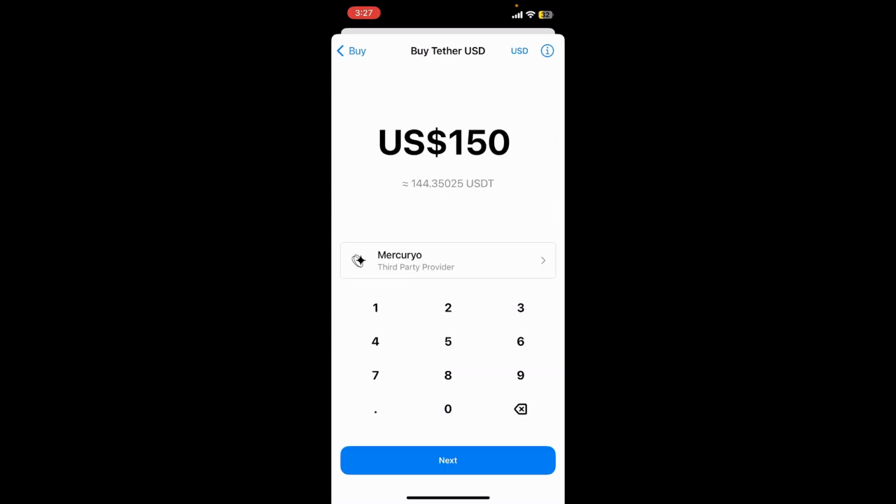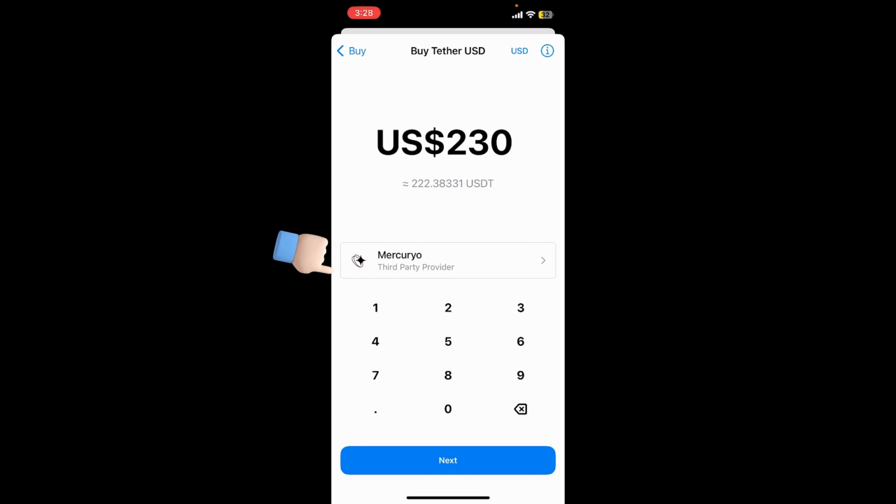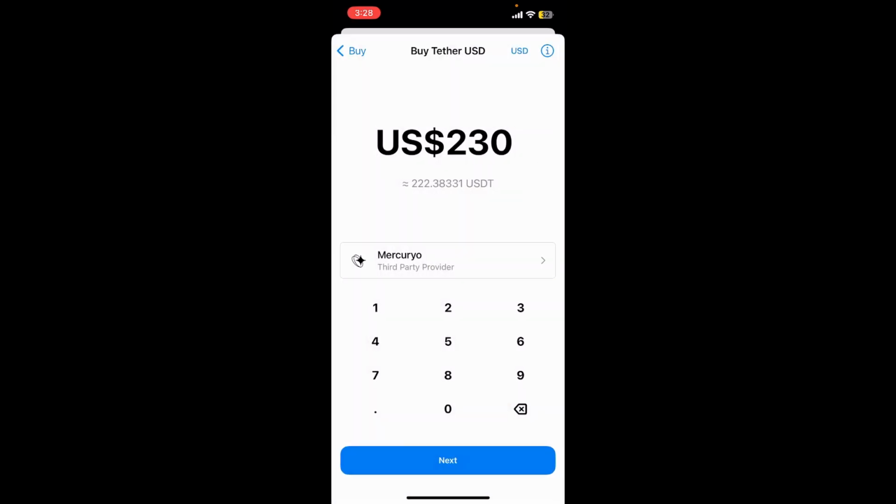Select one of the options and then enter the amount of US dollar you are willing to spend for the purchase. Now, once your result has been shown right beneath, tap on the third-party provider option and select one of the providers from the list. I'm going to select the best rate option, which is Mercurio. Now finally tap on the next button at the bottom and follow through the prompts in order to buy USDT